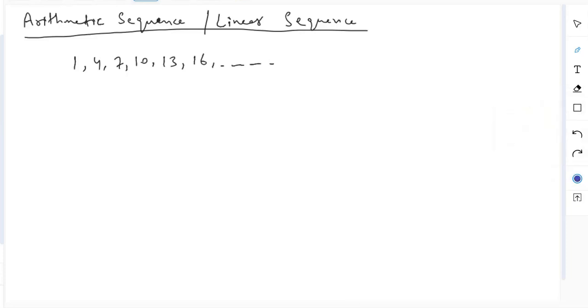अब कोई भी sequence जिसके अंदर जो difference है from one term to the next term, if that is constant, which is in this case, अगर आप यहाँ पे difference देखो, 1 और 4 का difference क्या है? That's 3. 4 और 7 का difference क्या है? It's 3 again. This difference is 3 again. This difference is 3 again. When you have a constant difference,